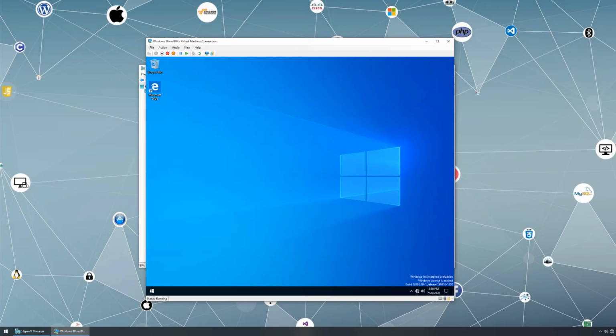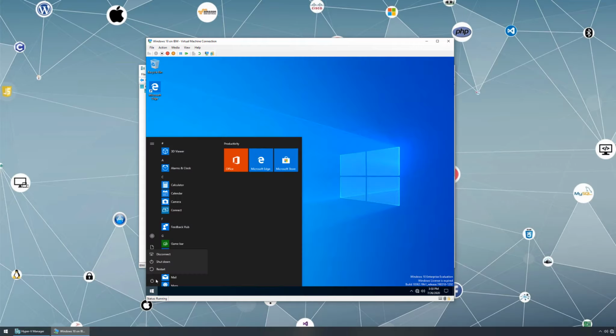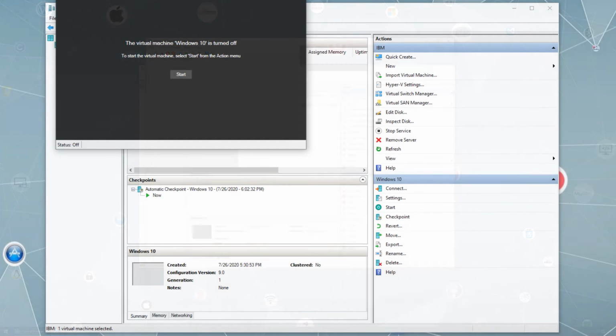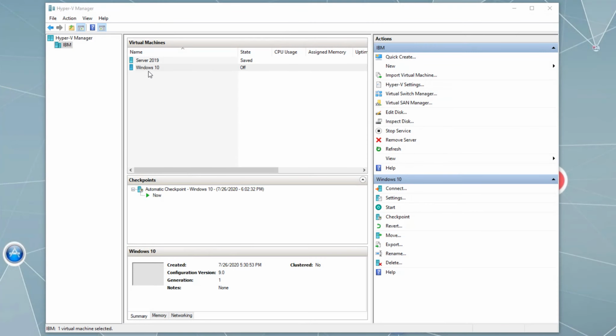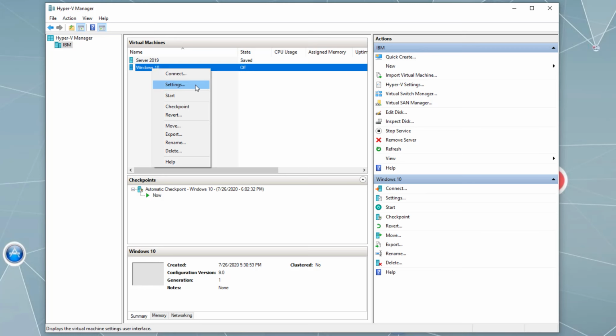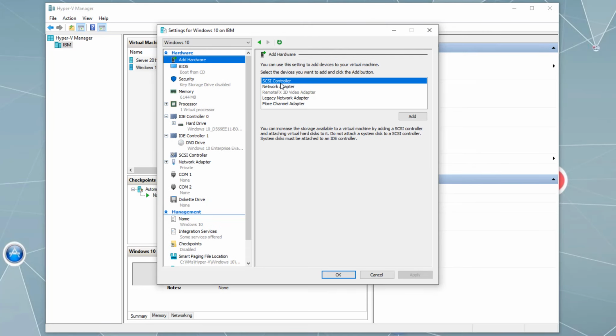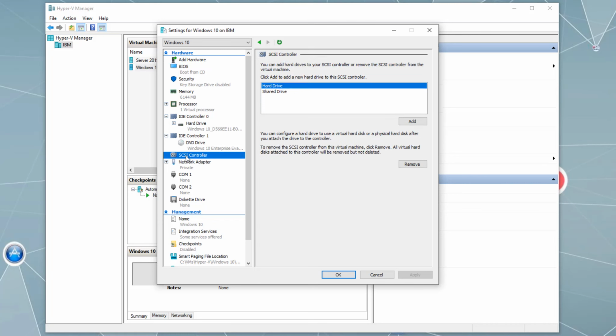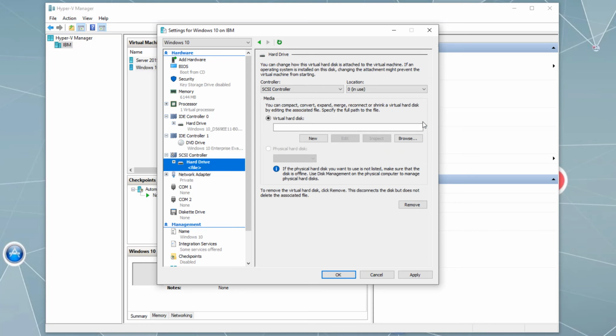In order to add multiple virtual hard disks to this Windows 10 virtual machine, first I need to turn off my Windows 10 virtual machine. Let's turn off. And then next we need to go to the settings of Windows 10 virtual machine. And what we want to do next, we want to add multiple virtual hard disks. So I'm going to go ahead and add VHDs to the SCSI controller. SCSI controller is already highlighted, and here we have hard drive already selected, and then click add to add multiple